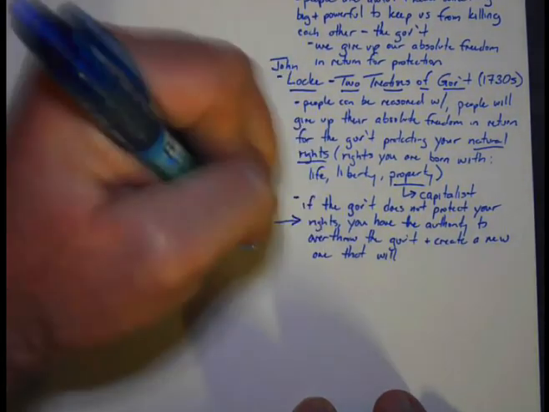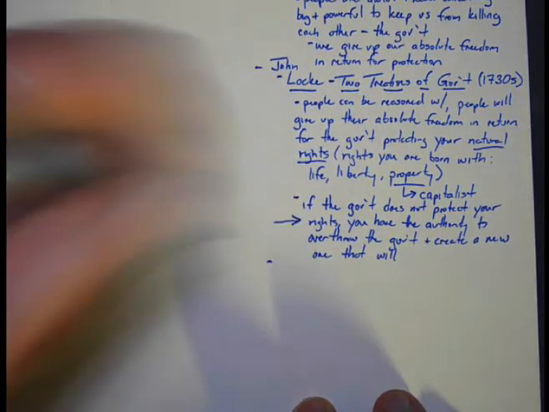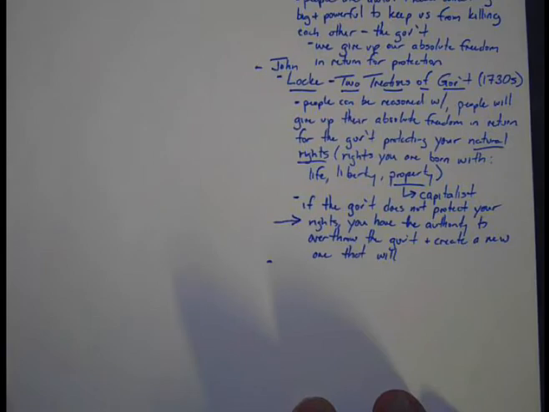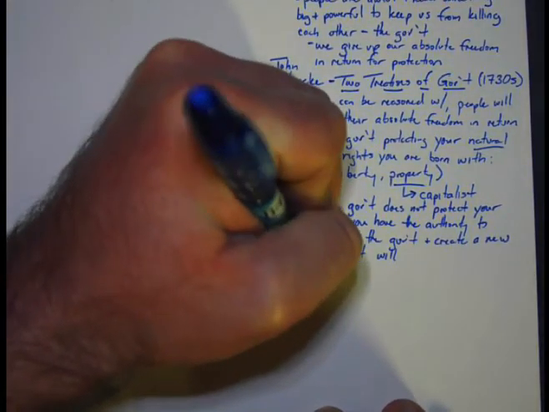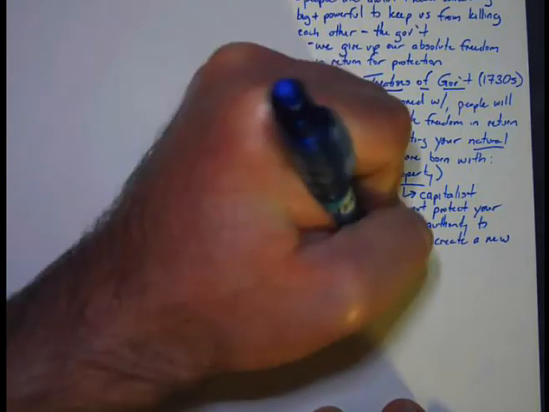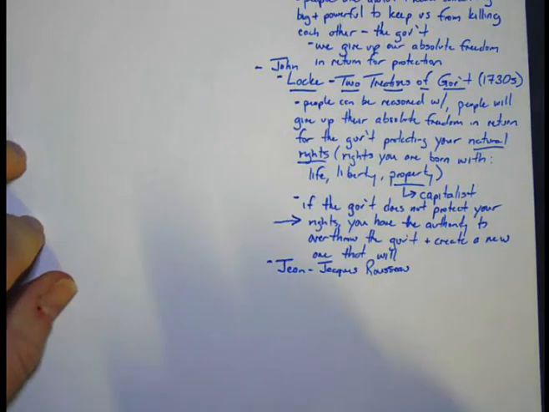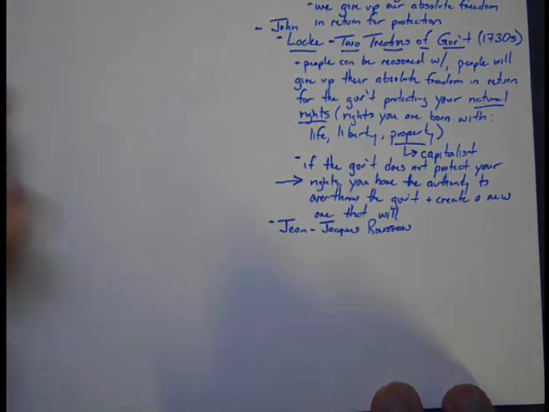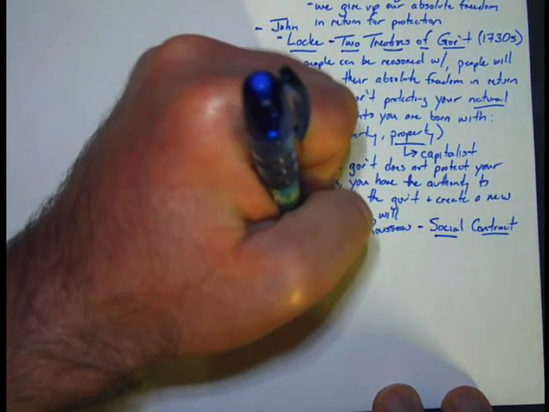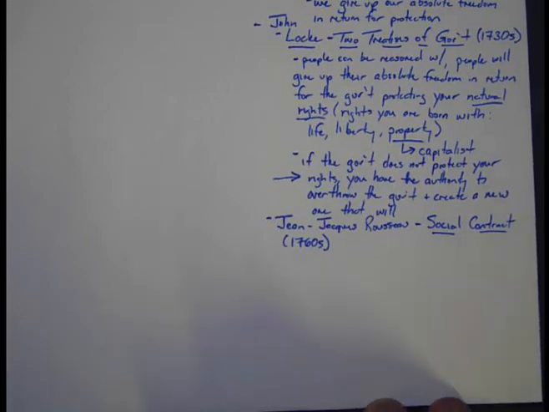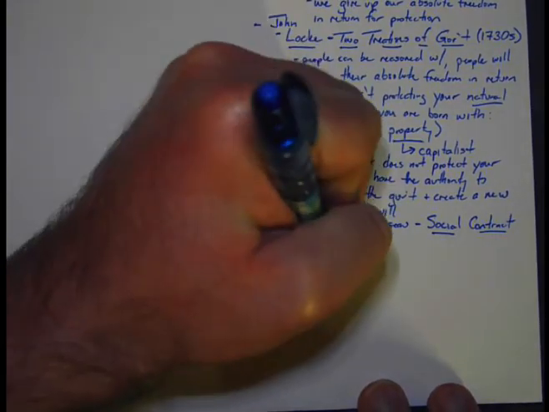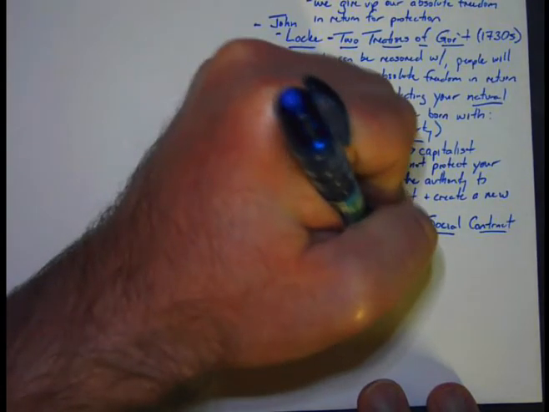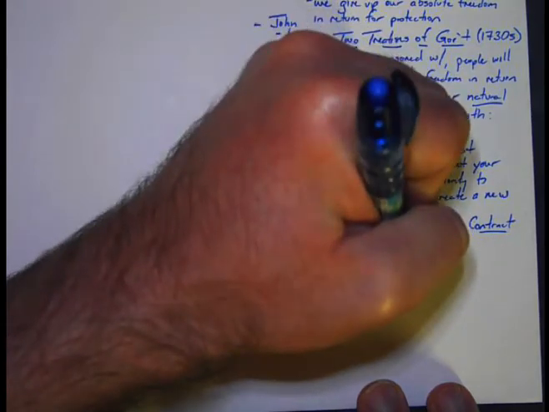The third guy, so Hobbes, Locke, were both English. The third guy is French, and his name is Jean-Jacques Rousseau. He has kind of a different idea on the social contract. In fact, his most famous work is called The Social Contract. And he writes this in the 1760s. And in Rousseau's idea of the social contract, he writes about this idea called the general will. The general will says this: